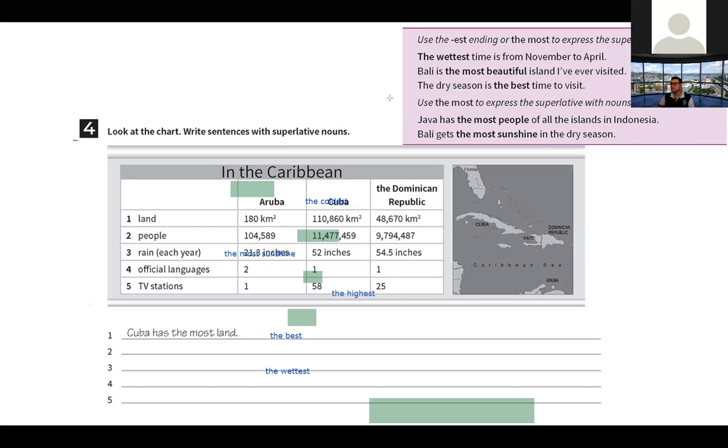Aquí está en nuestro ejemplo, ¿no? Tenemos que usar the most. O sea, nunca decimos peopleest, nunca decimos sunshineest, no. Decimos the most people, the most sunshine. Ya recuerda, cuando utilizamos los superlative with nouns. ¿Ya? A tener en cuenta esto.